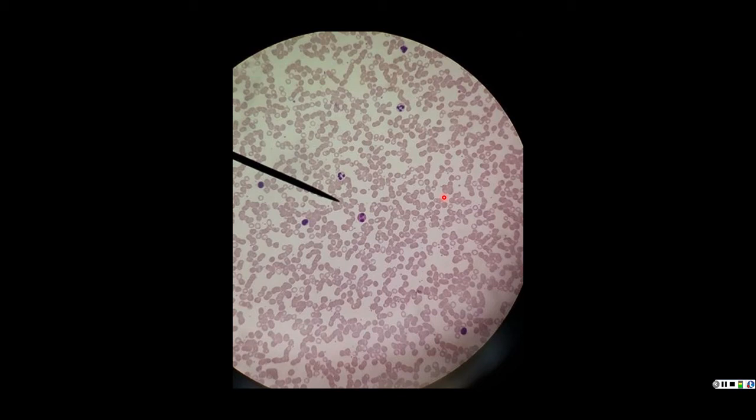Now, in Bio 137, we left it as that. We left them as leukocytes. But here in Bio 139, we're going to be much more specific. We're going to see that there's several different types of leukocytes. And over the next few slides, we're going to be learning the different types of leukocytes. But before we go on and start looking at those leukocytes, let's take a look at one more thing that